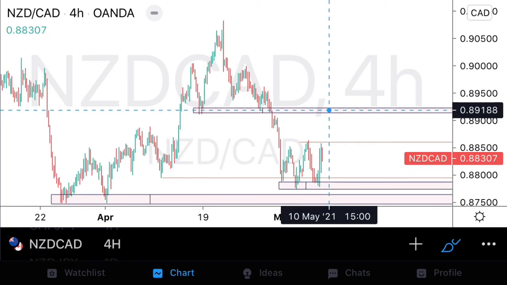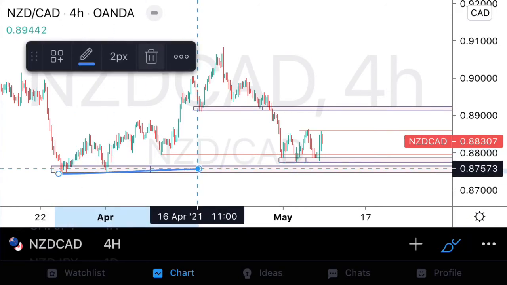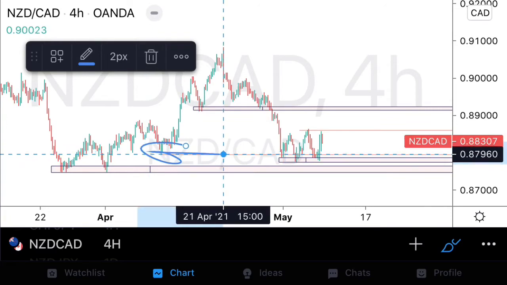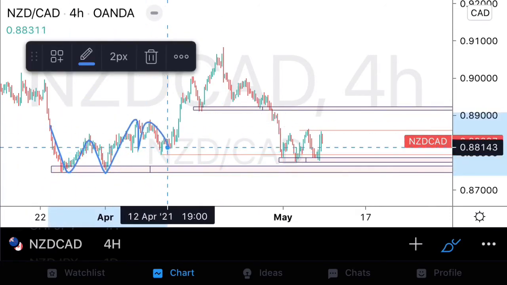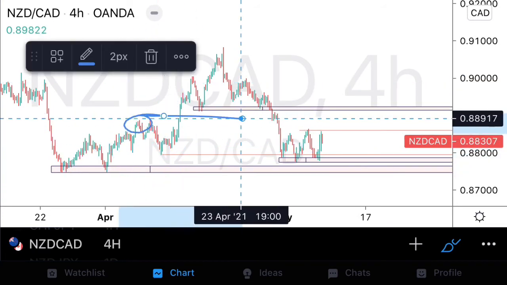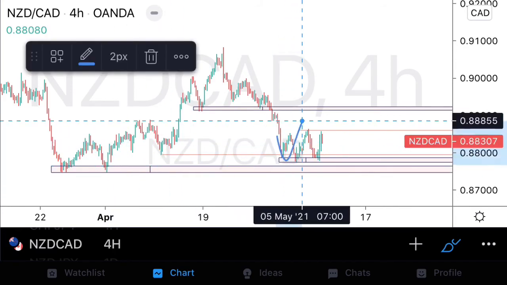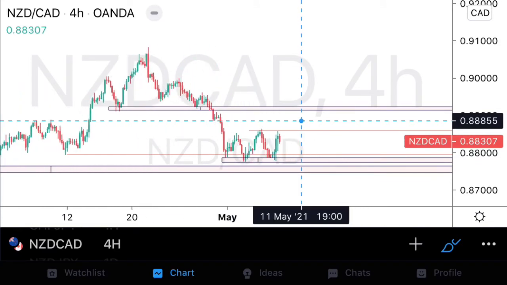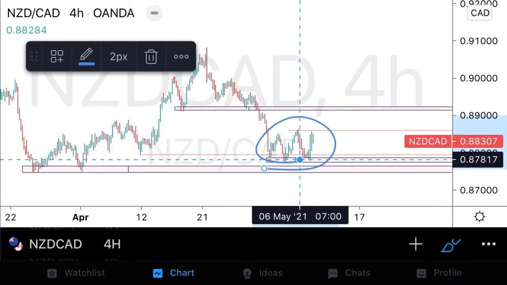So on Aussie CAD, what we can see is extreme lows over there. Obviously prices have not violated those extreme lows, but we do see these lows over here being violated. They are equal lows. If we just look at the structure, we see a low there, we see another test of that area, and then we see a push to the upside, violating structural highs. So nice important equal lows that were violated to the downside, and prices have broken back within the structure. Once we see prices not able to hold structure, we obviously expect some sort of a corrective structure or